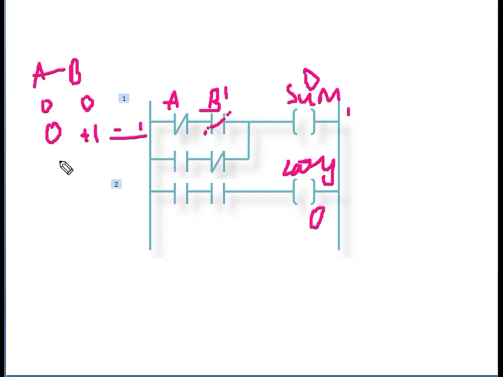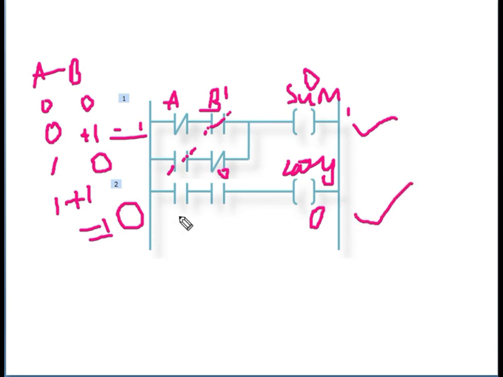Next condition 1 0. 1 plus 0 is 1. Here you are giving 1, your A is 1. This is 0, you are not touching the circuit. Means you are applying the force to get it on, and your sum is 1. In this second condition carry is 0. But 1 plus 1 is equal to 10. So 0 represents sum and 1 represents carry.